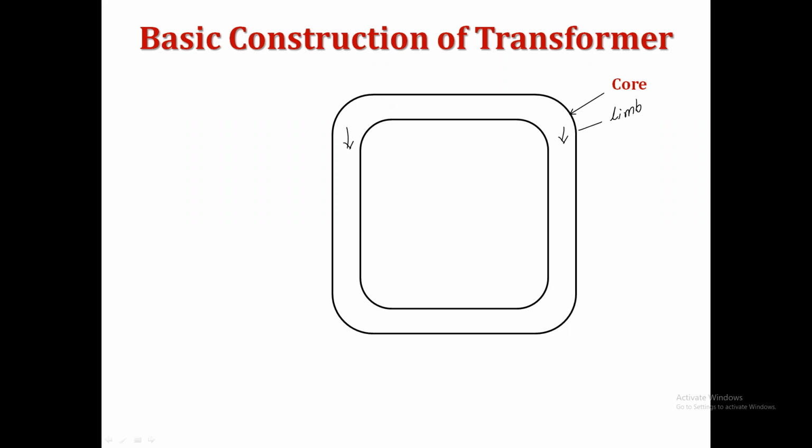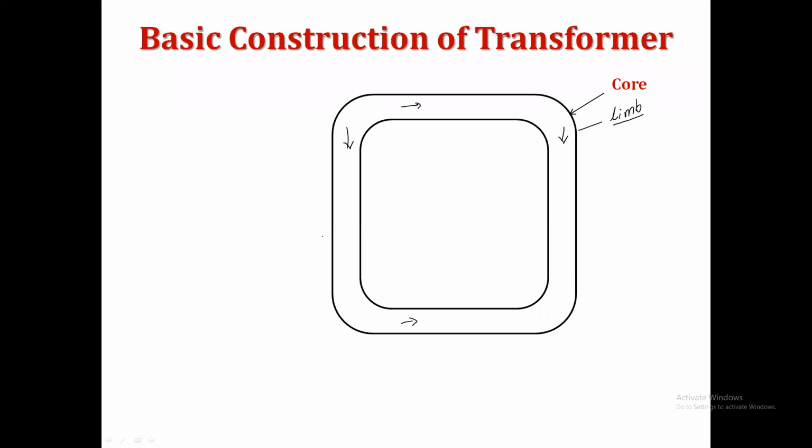And on these two vertical limbs, or a better way, you can call this the left hand side and this the right hand side. If it is quite difficult to understand the name, it's a limb. This is the rectangular core, the entire thing we call a rectangular core, and these are the two vertical limbs. These are what we call the two horizontal limbs. Limb means side, consider it so, in simple language.